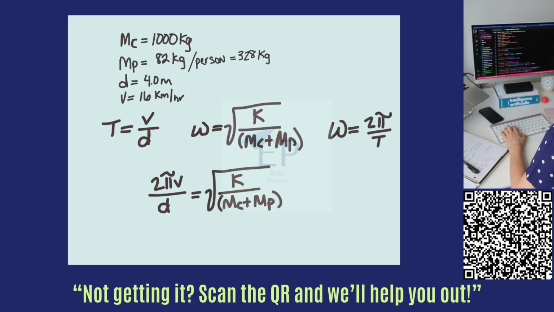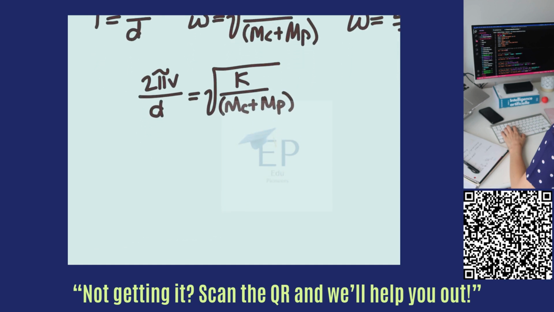And we're going to solve for k. So in this case, solving for k, we would have the equation mass of the car plus mass of the people times 2 pi v over d